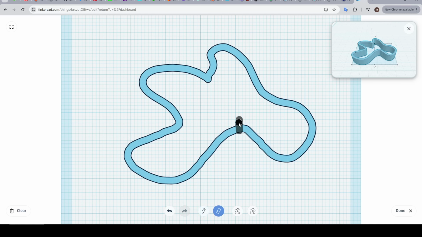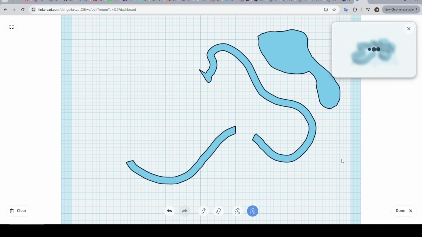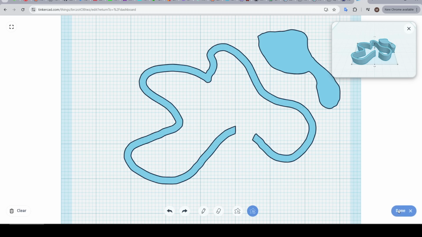If required, we have an eraser where we can delete sections of the work. We have a draw shape tool that will fill in the center of whatever shape you trace, and then an erase with shape tool that will delete anything contained within the shape that you trace. We have specific tools for undo and redo, and when we're happy, we can simply click done in the lower